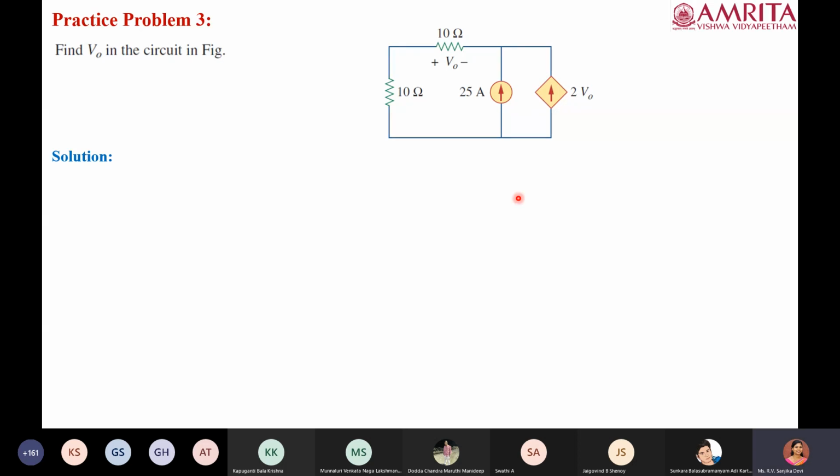Okay, so for this numerical, have you copied it? Again, this is a practice problem. The problem numbers I'm giving, we can follow the same numbers for the practice problems, so that when we discuss the solution, it becomes easier.